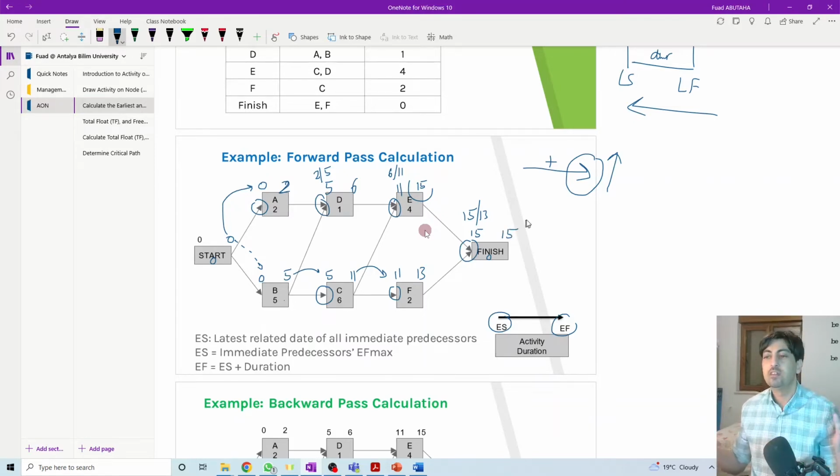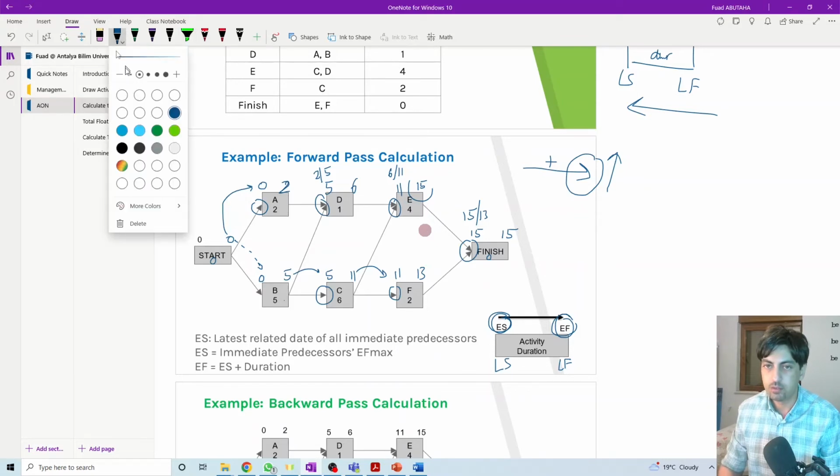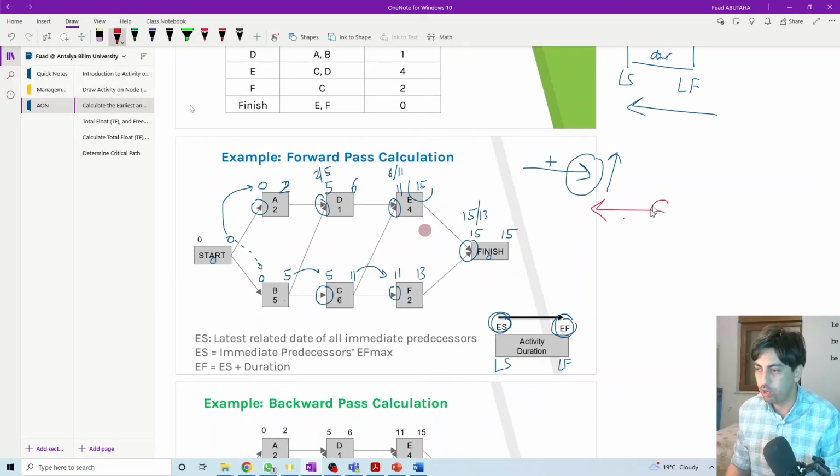So this is done. This is how we calculate the early start and early finish of the activities. Now we need to calculate the latest time, the late finish and the late start. So what we do, we go backward, we look at the tails, we go minus minus. If we have more than one option, we calculate for all of them and select the lowest. So let's go back. We just transfer the 15 here, 15 minus 0, 15. So we come here, we look at the tails to know how many options. We have only one option coming from here. So we just transfer this 15 here. 15 minus 2,